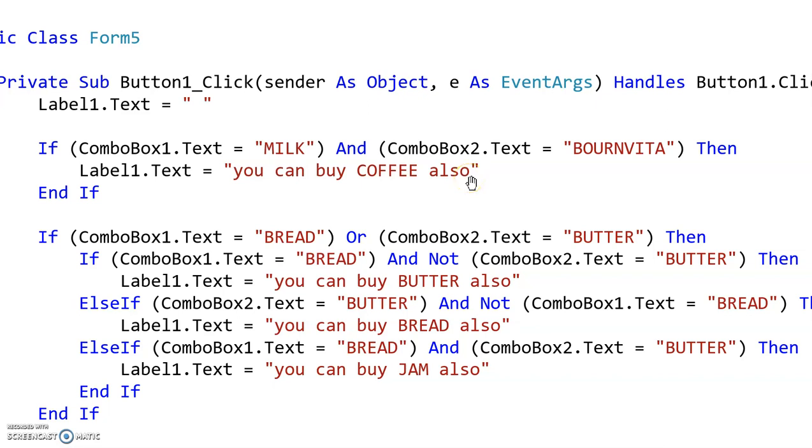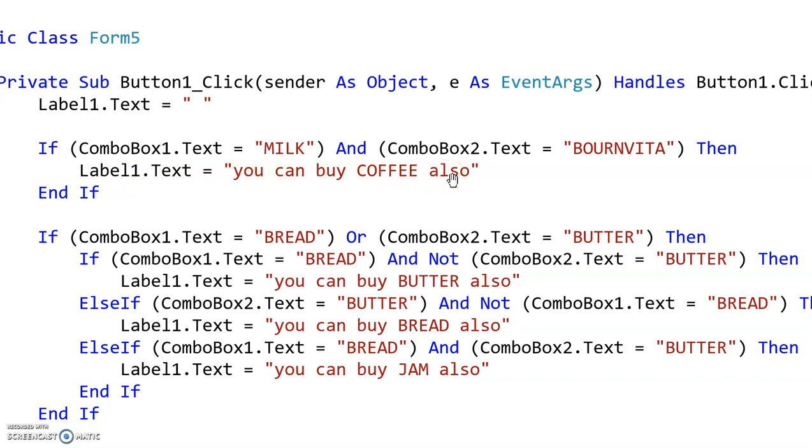Here I have two boxes and I'm selecting multiple items, and based on that combination my system will give me the suggestion that you can buy this thing. So combo box 1 milk and combo box 2 Bonvita, then label 1 will show you can buy a coffee also.